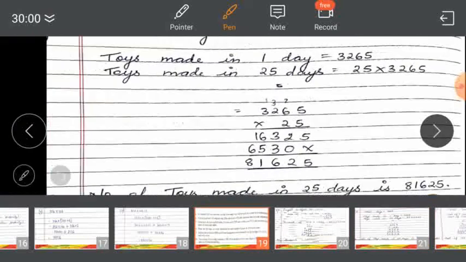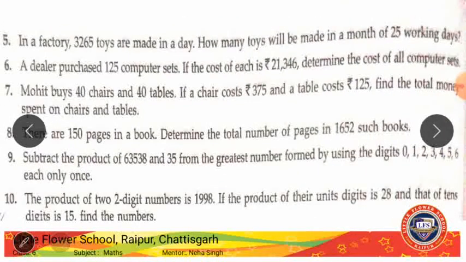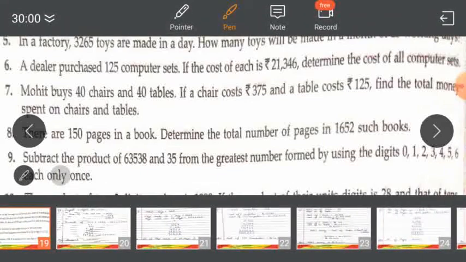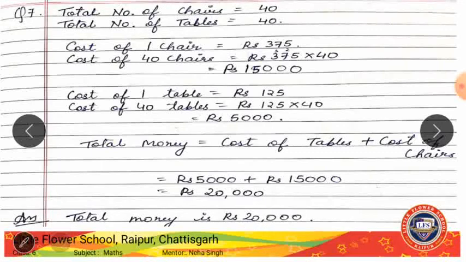Question number 6. A dealer purchased 125 computer sets. Okay, 125 computer sets. Cost of one set is given. Determine the cost of 125 computer sets. Again, I am saying you